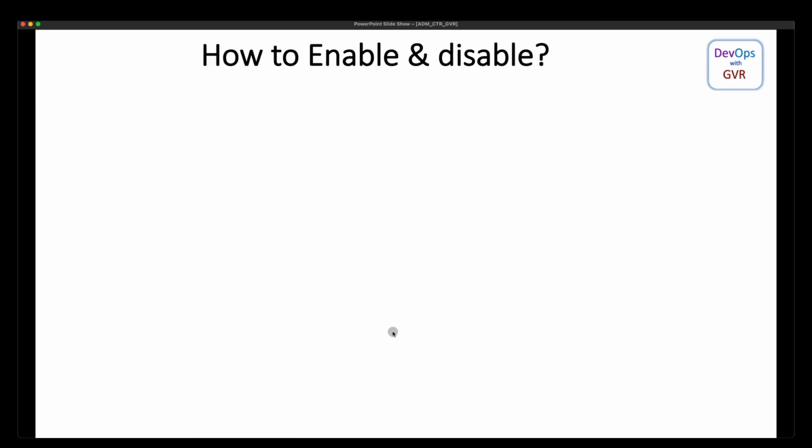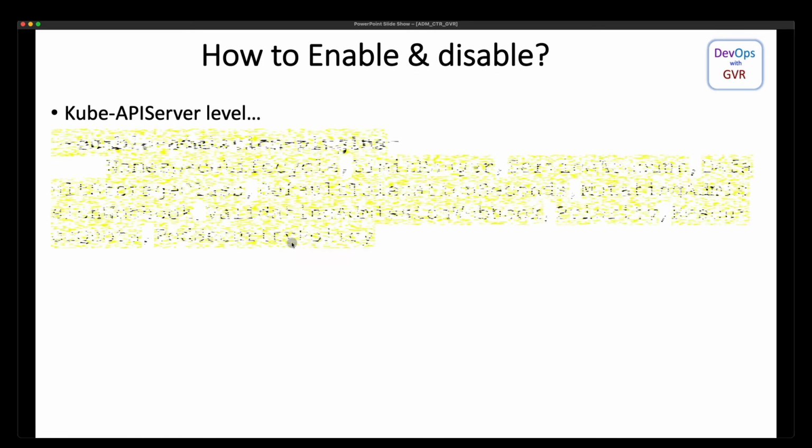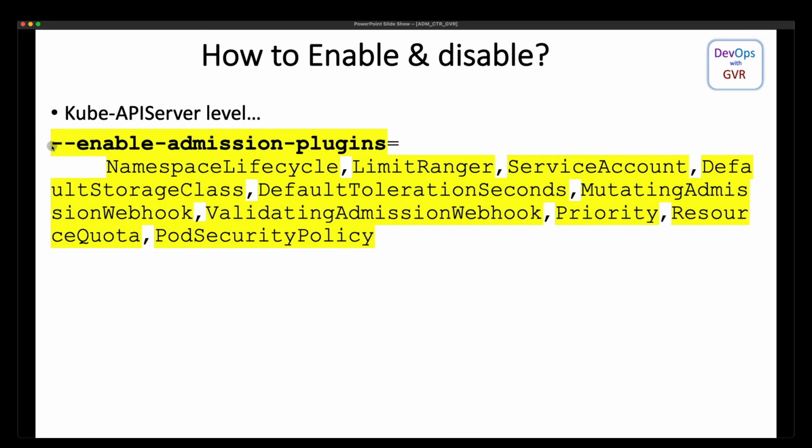The next is how do I enable this admission controller? If you provision a Kubernetes cluster with kubeadm, at the kube-apiserver level there is an option called enable-admission-plugins equal to, and there you can specify, separated by commas, whatever admission controller you created.